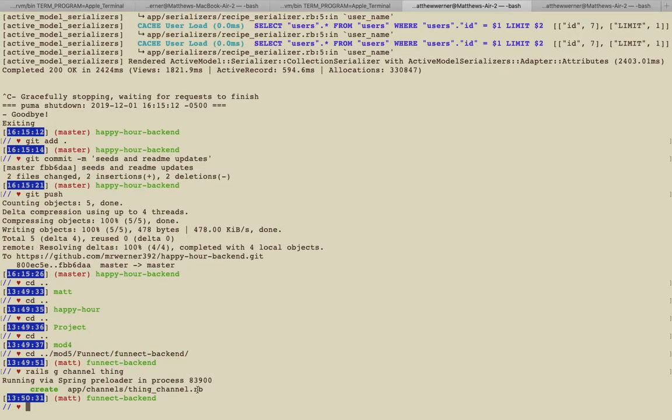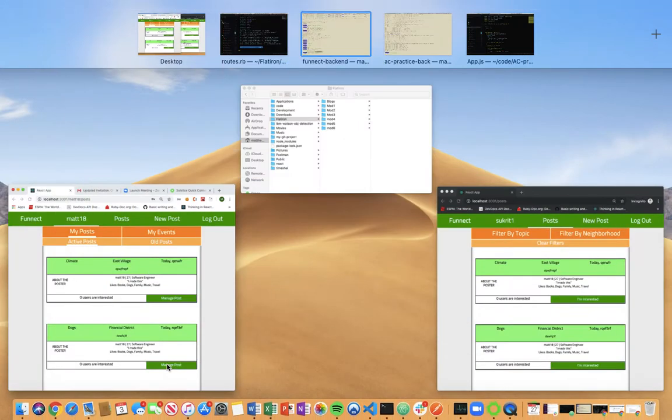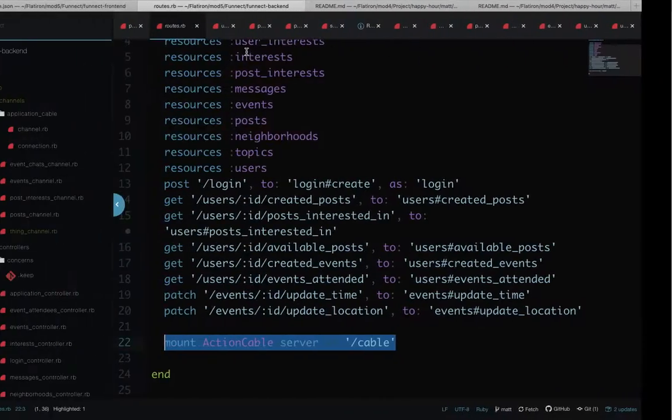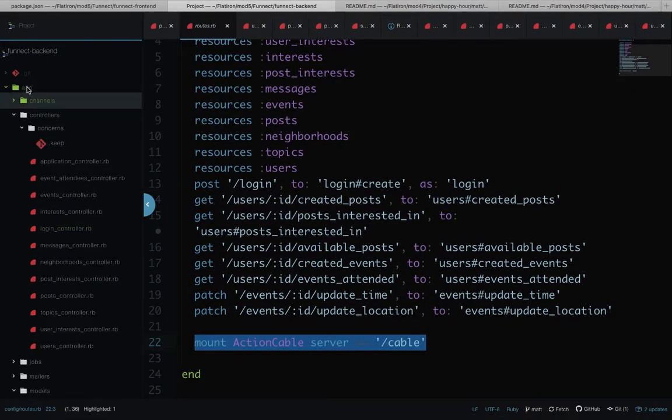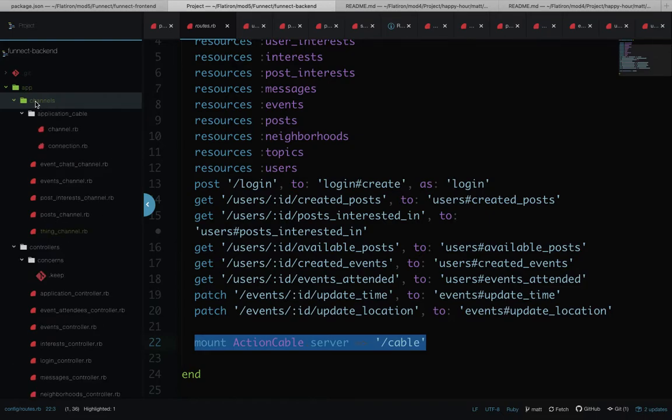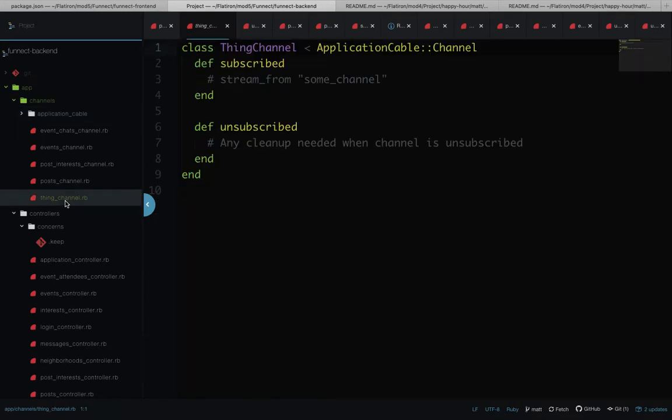So it made the thing channel file. If we look under app, we have a folder called channels, which I don't believe you will have until you make the first channel. But down here, you can see we have a new file, thing_channel. And this will give us two methods, subscribed and unsubscribed. We'll talk about subscribed in a sec. That's the important one. In unsubscribed,